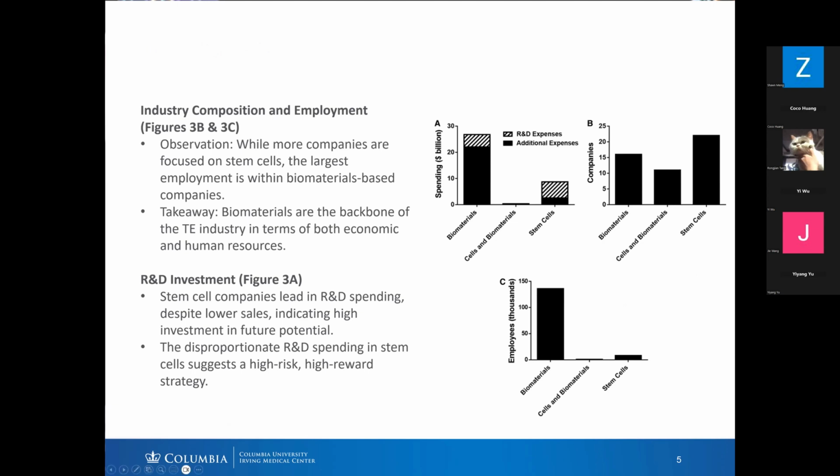Over here, we're going to look at figures 3B and C, which provide insights into the industry composition and employment. Despite the higher number of stem cell companies, biomaterials-based companies employ the largest workforce, indicating that biomaterials are not only leading in sales, but also serve as the economic backbone of the tissue engineering industry. When it comes to research and development investment, figure 3A reveals that stem cell companies are heavily investing in research, even though this hasn't yet translated into major sales. This suggests that the stem cell companies are focused on future innovation, which could lead to significant breakthroughs, albeit with